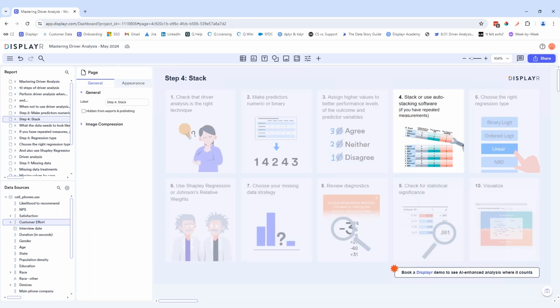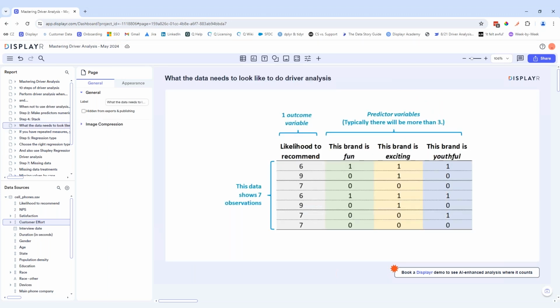Okay. Step 4 introduces some new jargon, stacking. For driver analysis, we need a single outcome variable and then one variable for each predictor. In the cell phone study, we only asked people to rate the performance of their current cell phone company or provider, so our data is in order. However,